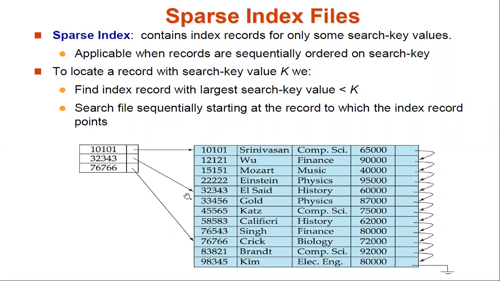When you use this sparse index, there is no need to search the entire record set. You don't need to start from the first record to land up at this particular record. Instead, you first search for the next highest, closest value in the index file, and then you point to the particular record through the pointer values.